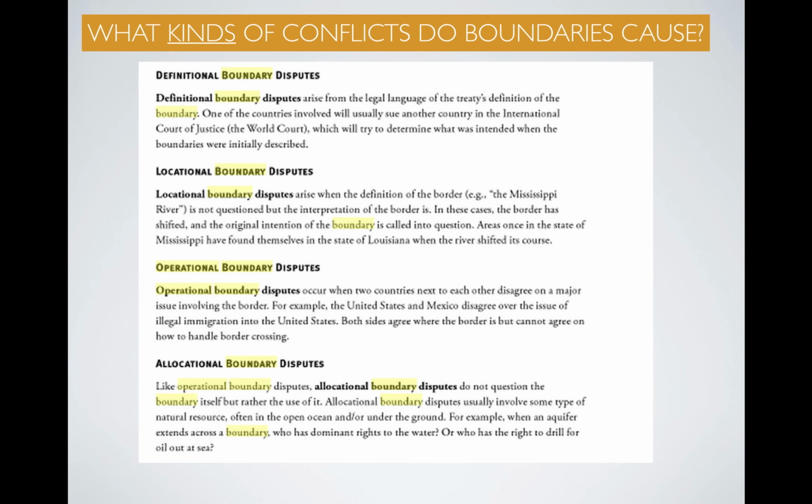Okay. This is just a little summary here, which I took from the AP Kaplan book. If this was a little bit confusing, as I imagine some of it was, this is a nice little summary. You can pause and simply read through this, because there is a lot of overlap here, particularly when it comes to locational boundary disputes versus operational boundary disputes. I find that those lines get a little bit blurry sometimes. So if you need to, pause here and take a look at that.